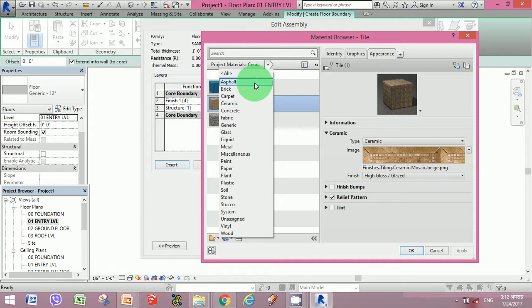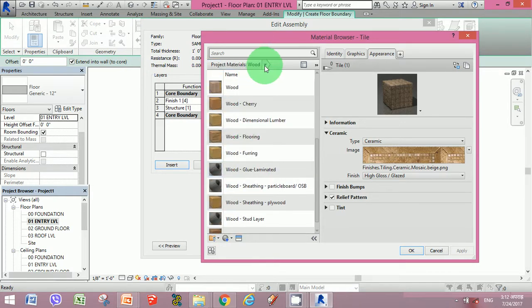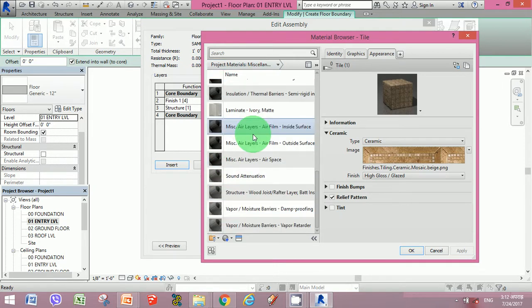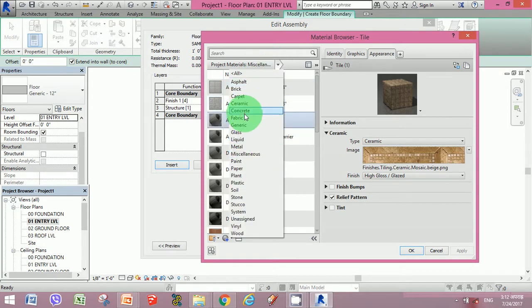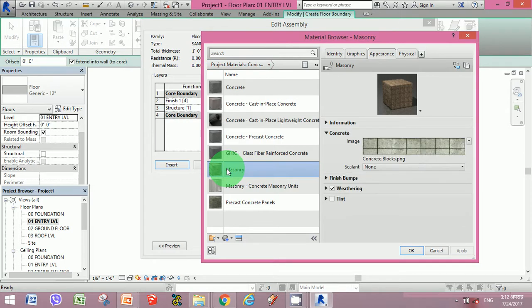But if you want another type of tile, you could always go with wooden floor, wooden decking, wooden flooring tiles. If you want miscellaneous other types of tiles, you have them here. If you want a concrete, masonry type of look, you could always go with that. These are concrete blocks, masonry blocks. So I think these concrete blocks would do for right now.